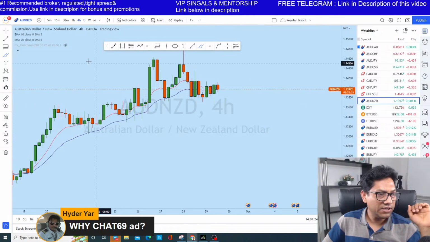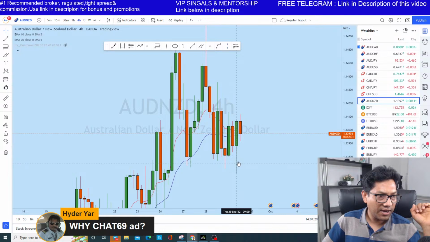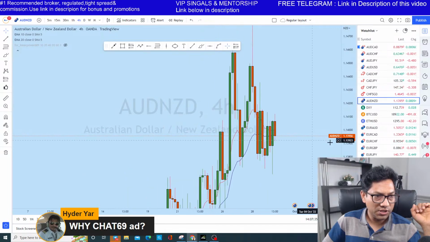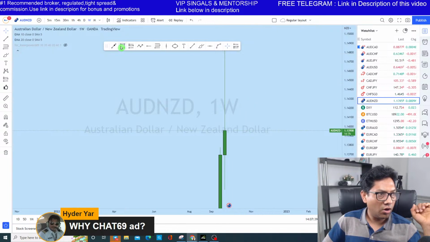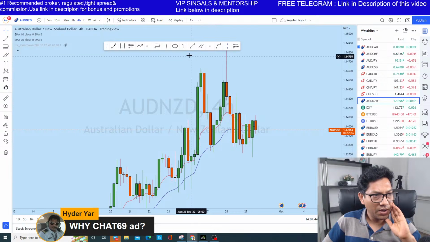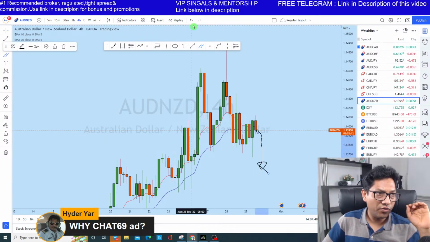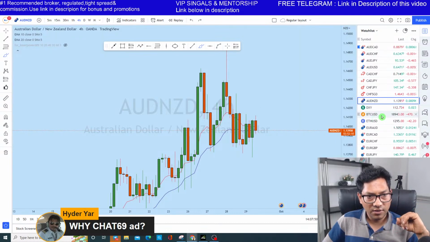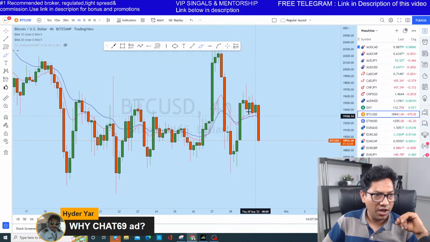So AUD NZD, you see that after this, I think that this green candle, to me, is a liquidity grab. Now after crossing this, we see some drop. Now as I mentioned in all my analysis, over the long term AUD NZD is bullish, but the market is overextended, and I think that AUD NZD will continue to drop in this direction for at least a certain level. Okay, let's look at Bitcoin, which is highly bearish.